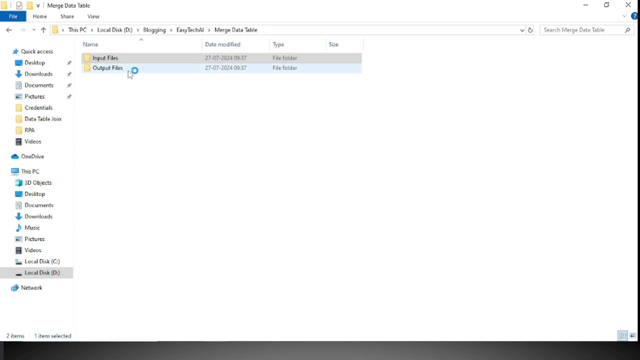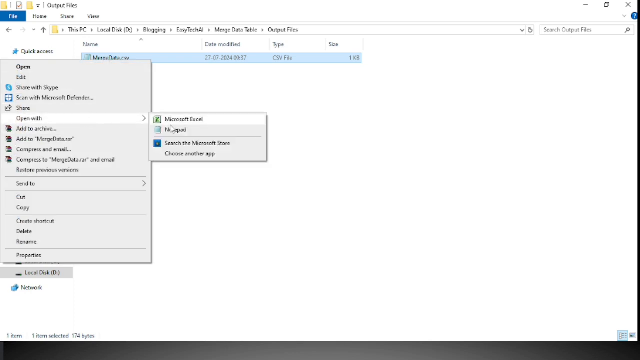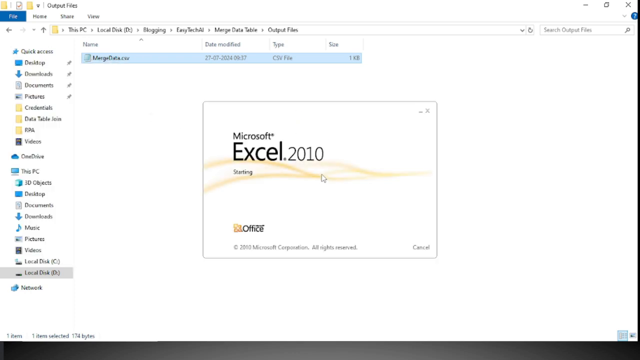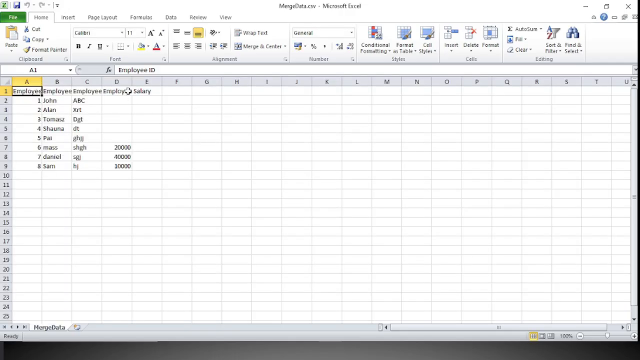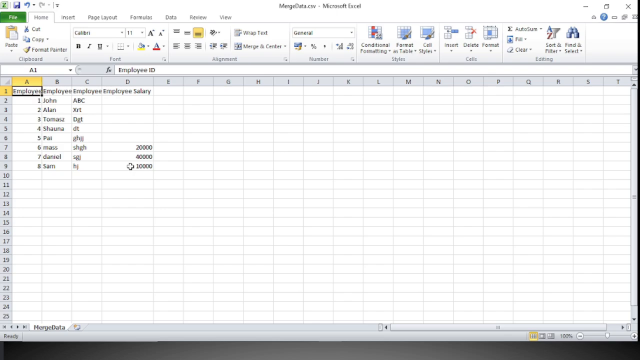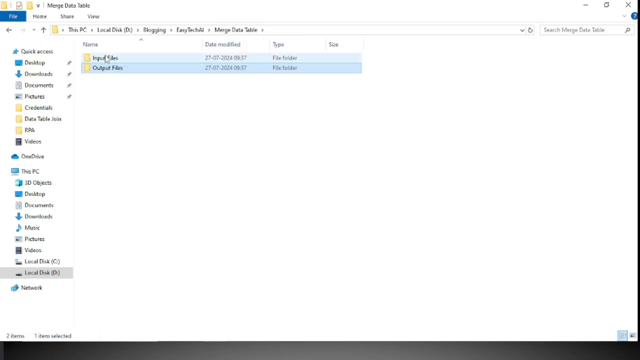Here you can see the output files folder is created, and inside that the merge data.csv file is created. I'll open this and show you how it is. See here, the merge operation is performed here. If I open the input files,